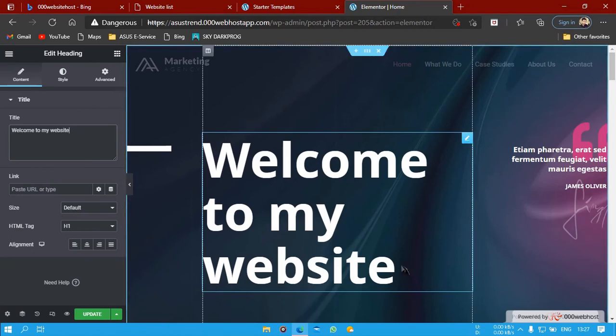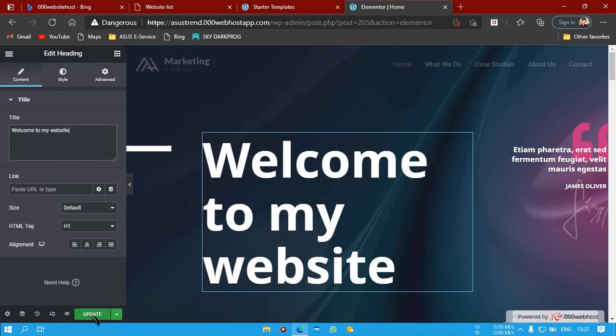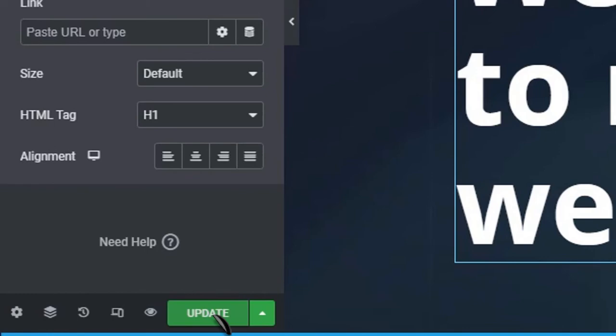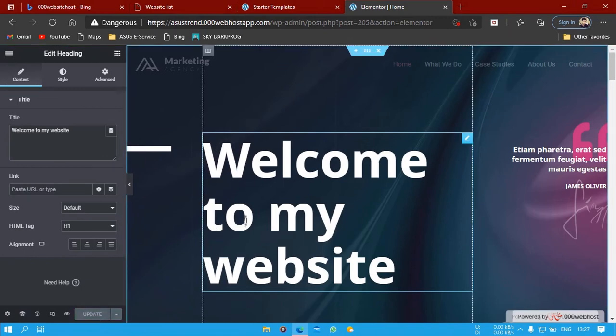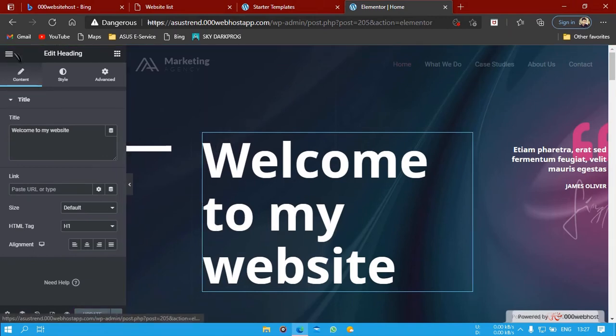So after editing your site, click on this option, update. You can see there is an update button, so click on update, and now we have updated our website. So preview your website.